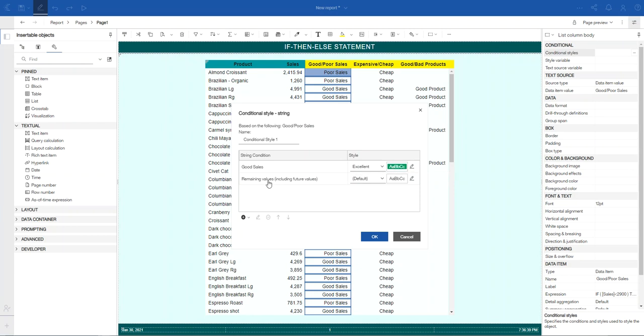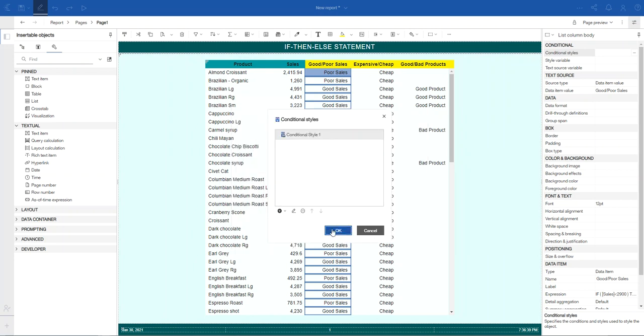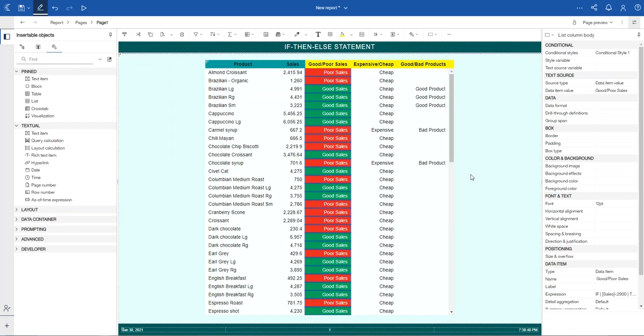The remaining value, seeing that we only have two values in this column, good sales and poor sales, would be, let's click poor. That would be red, and let's click OK. Click OK one more time, and here we go.